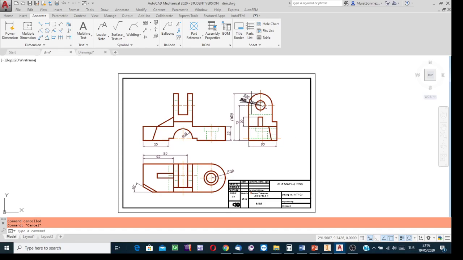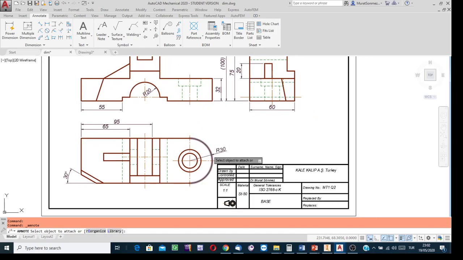Actually, I already answered such a question when talking about the text facility of the software. Leader note is the answer. Click on this button to have an annotation. Find the image where you see the edge of the hole. It is the top view in our example, and indicate the edge of the hole with a click, and then